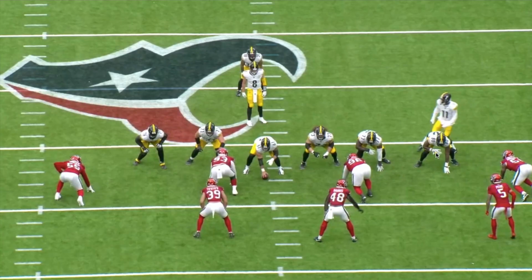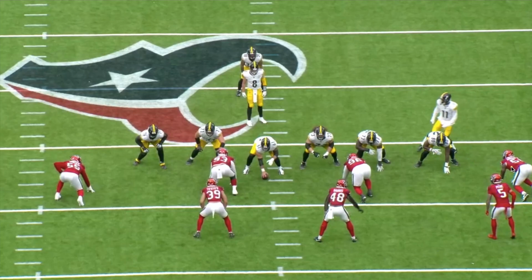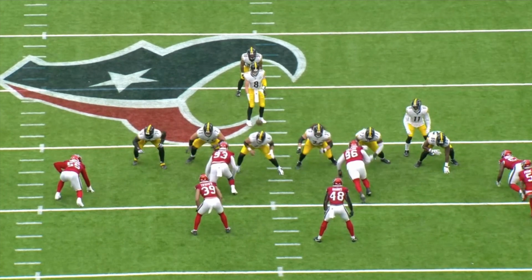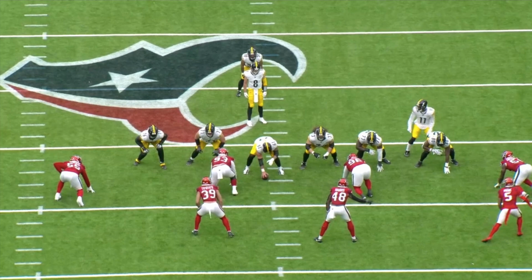Duo is difficult because you have to have a tight end that is willing and able to block these defenders right here one-on-one, and then they're going to try to motion in Allen Robinson to the core and lead him through the C gap and try to pick up Jalen Petrie right here. One of the things that happens on this play, though, is Jalen Petrie makes a really subtle play towards the end of the snap count. He jumps outside at the snap,